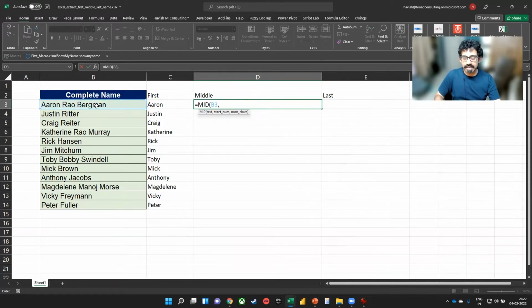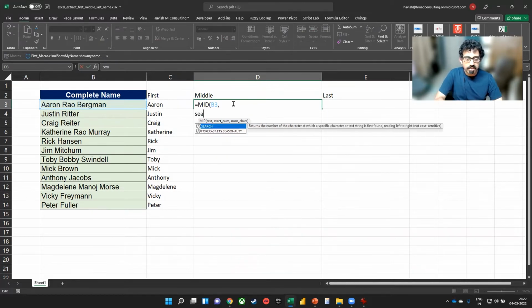If you notice, the second argument says the starting number. Now, as you would expect, the starting number here is 7 because AARON is 5 characters. The space is the 6th character. And the capital R in the row comes as the 7th character. So we need to somehow find out where this 7 is coming from.